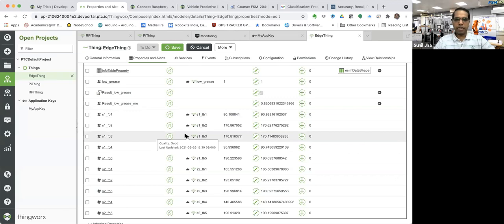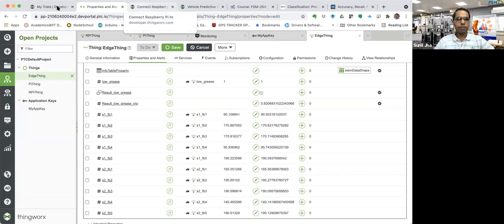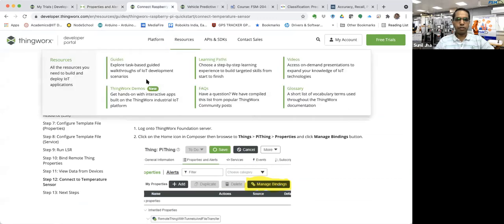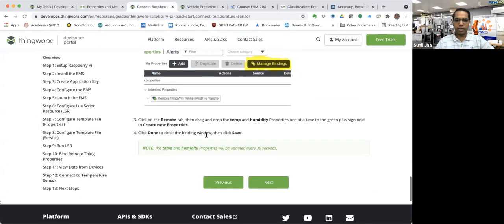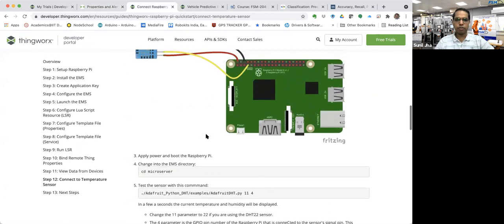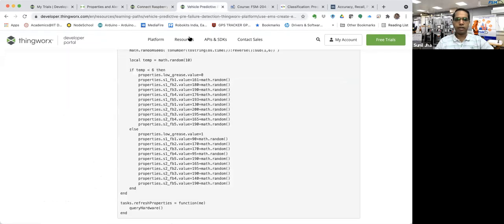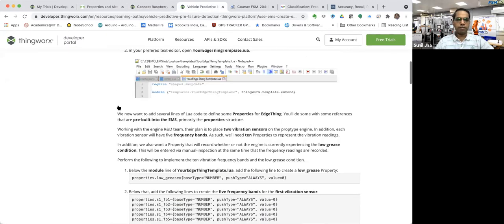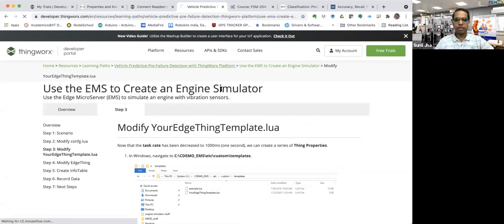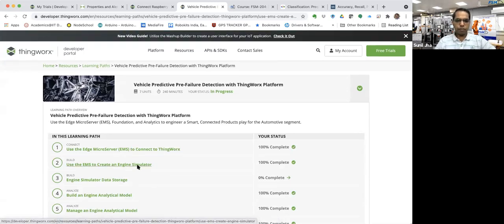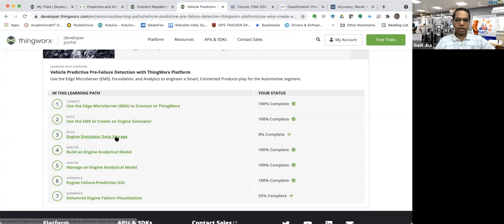So this is the preparatory part. Now we'll go to the next level. If you go to the same tutorial, everything I was just explaining is given step by step, which you are supposed to do today as an exercise. I've given you time till tomorrow to finish, so you just have to follow this tutorial to complete the same. What I will do now is go to the same learning path and start the analytics part.